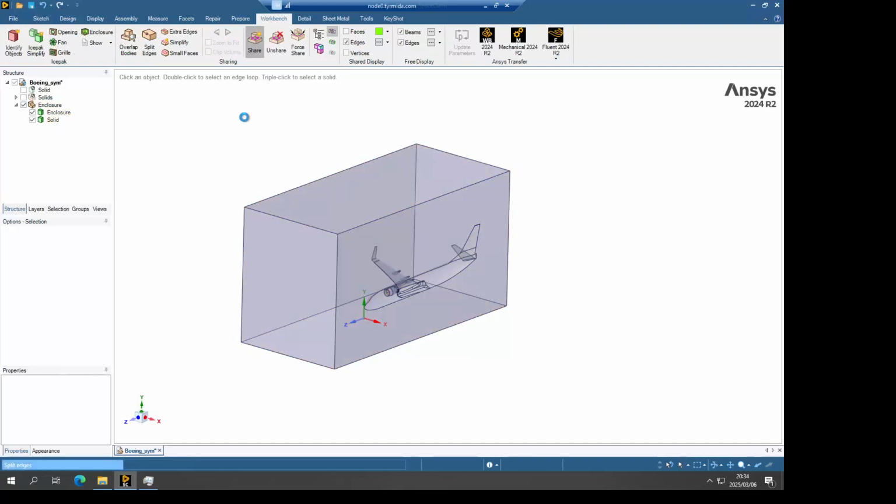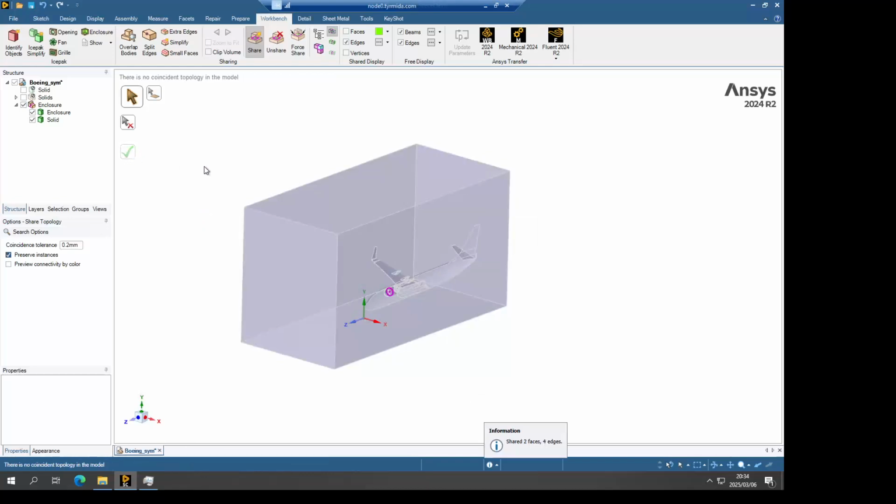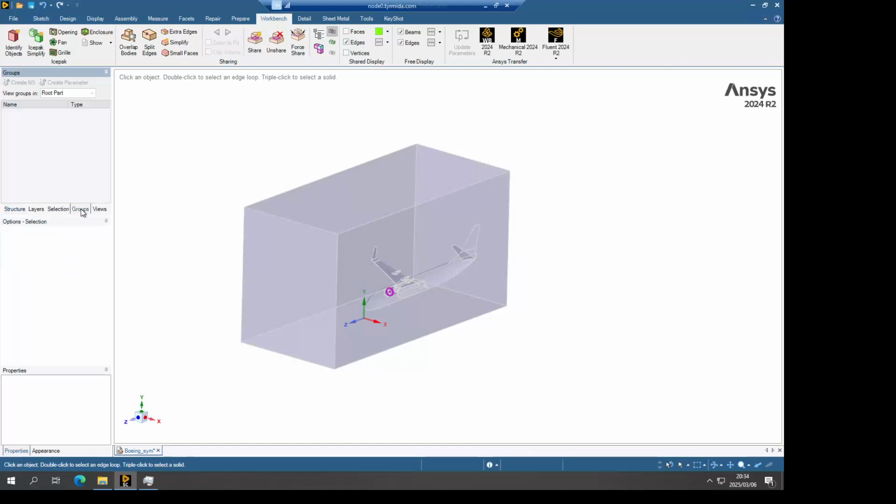So let's use the set topology tool, and that will look at any surfaces and edges that can be shared between the parts. You can see that the zones are now highlighted in red, and press the check button to create the shared topology.